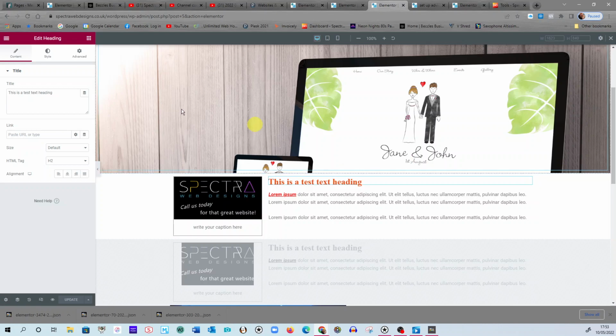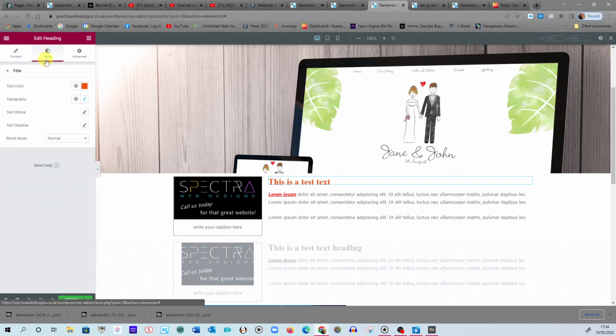So you click on this blue box and everything we change is to the left, and you can see the title there with a box underneath, and this is where you would make some changes. This is the test text, we'll call it, and you can see it updates there. We've got three areas. We've got the content, style and advanced. So this is where you would write your text, and style is where you would change the colors, change the